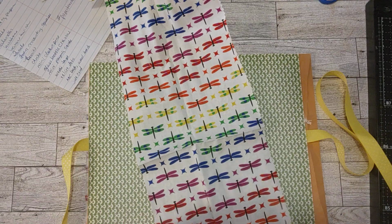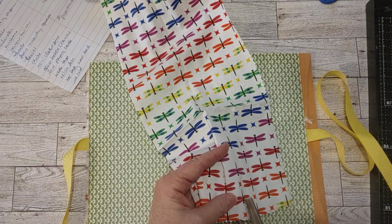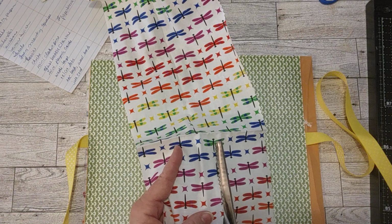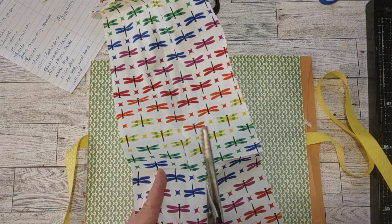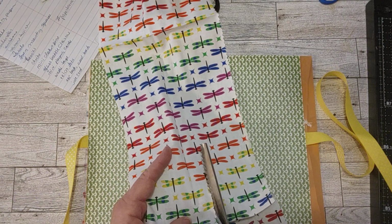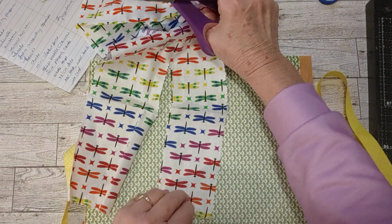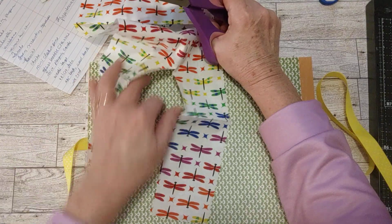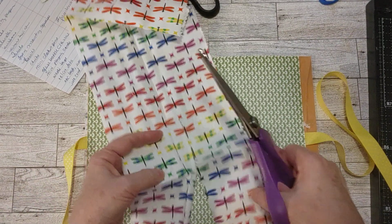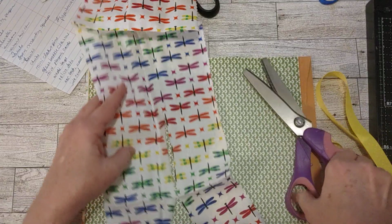So I think I'm going to cut, you know what I'm going to do? There's a line right here going down the middle of these dragonflies. I'm going to cut there, so it's a little bit more than 1 inch on each side, but it'll make it easier cutting because I have a line to follow here. But I don't want to cut too much, so let's see where we are. Let's see how much more I need to cut. About another 1 inch or so, a little bit more should do it, and then